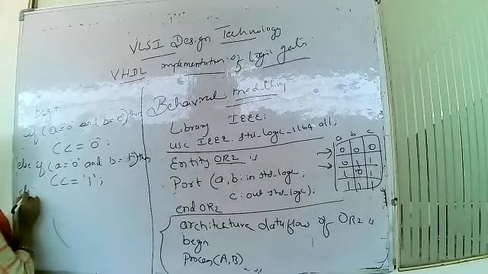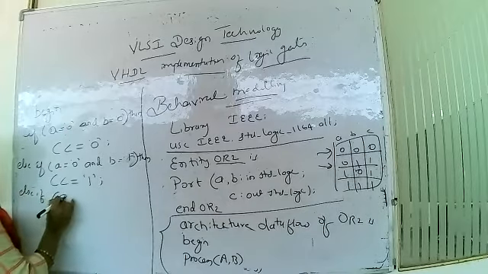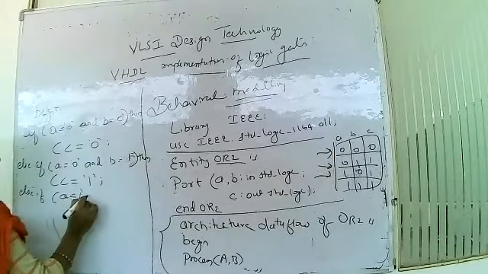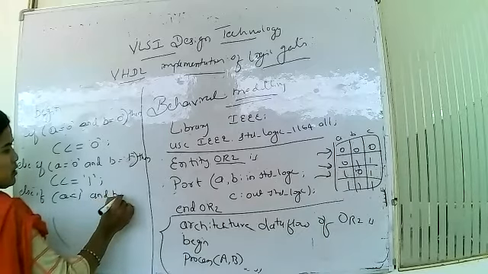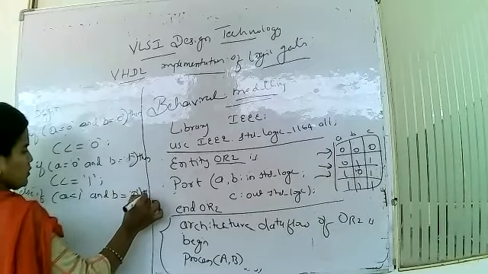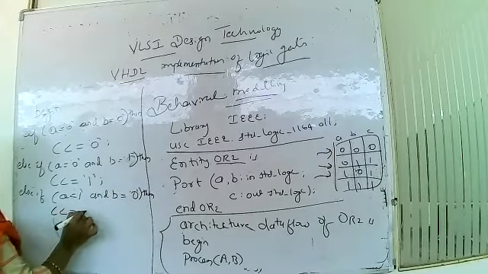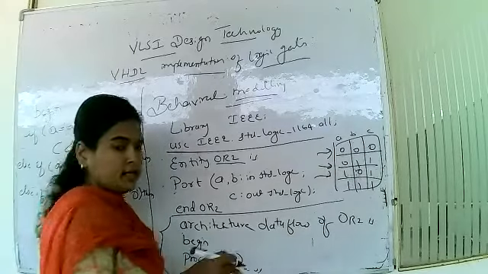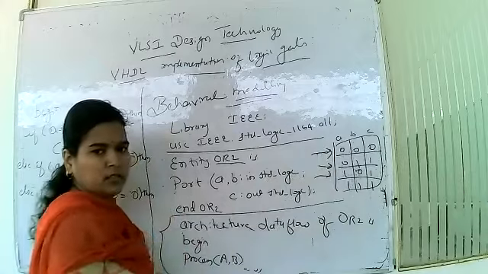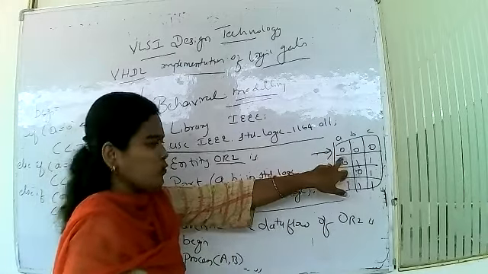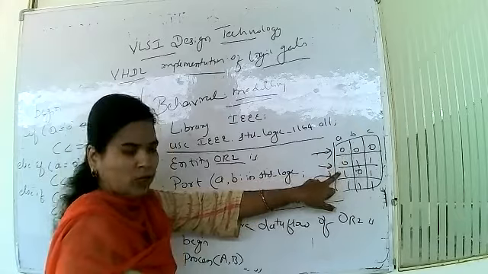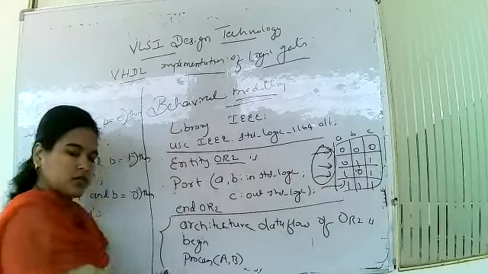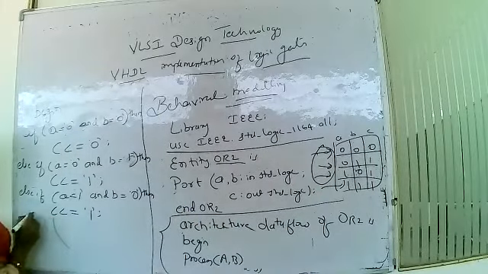So, else if A is equal to 1 and B is equal to 0, then C is equal to 1. So what I am telling here is, I will check for this condition first. If it is not okay, then I am checking for this. If it is also not okay, then I will go for this. If these three all fail, automatically the answer will be this one only. So there is no need to write the condition there.